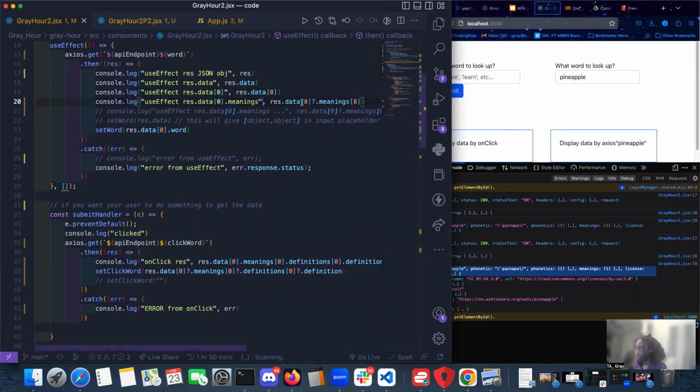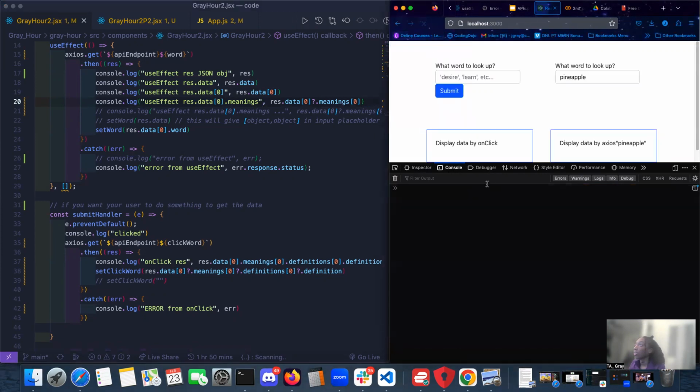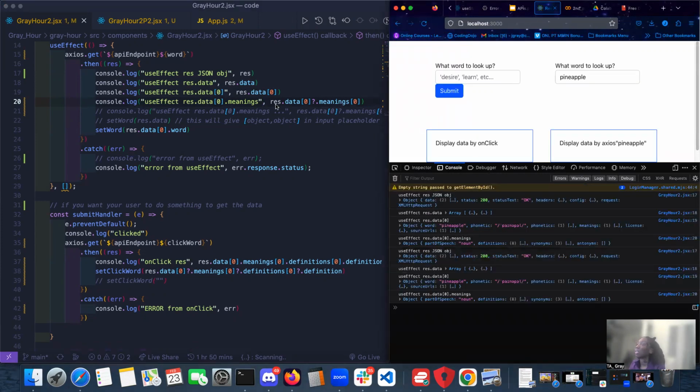over here. I am now saying, hey, in this res object and this data object, there's an array. I want to access the first one. And then there's something called meanings there. I want to be able to do that. So now I'm peeling back that layer. I'm peeling back the layers. This is a pretty big object. You want to be able to pinpoint where the information is. So with that being said,